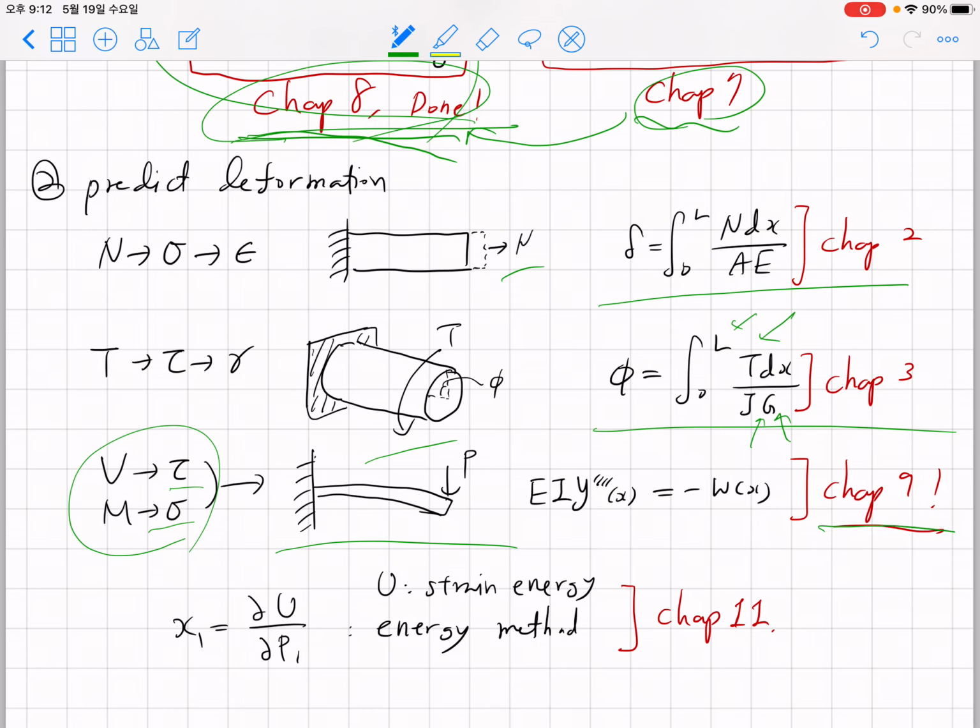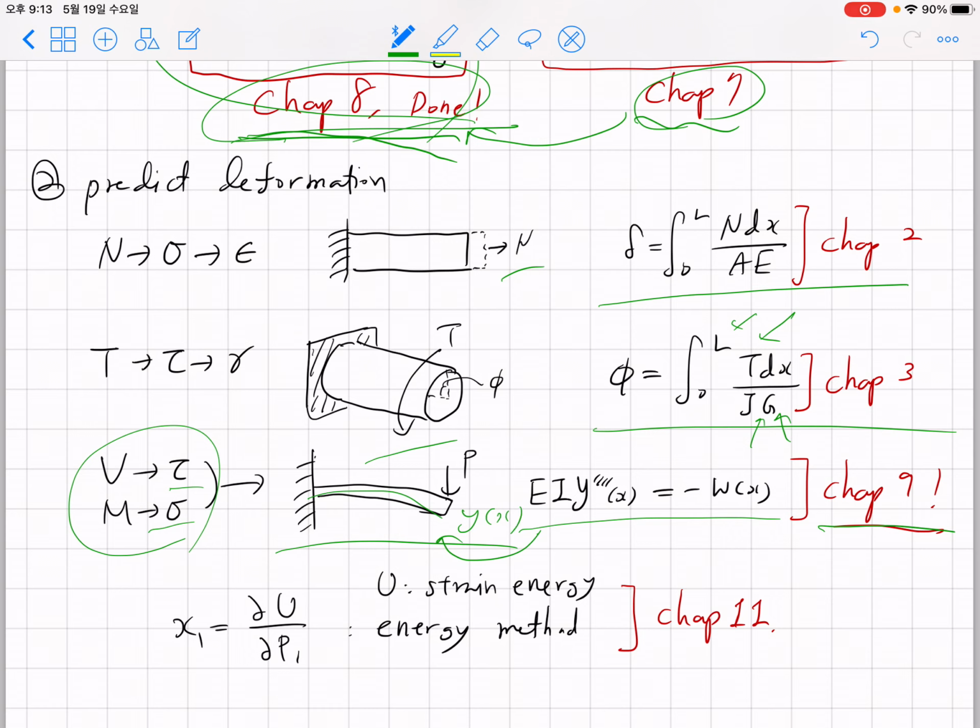In chapter 9 you will derive the so-called Euler-Bernoulli beam theory, which is a linear differential equation, and by combining it with the boundary conditions